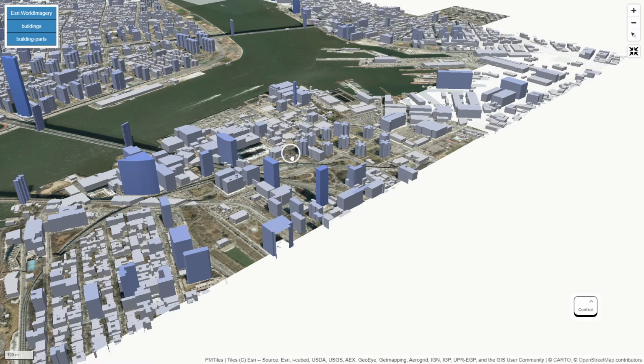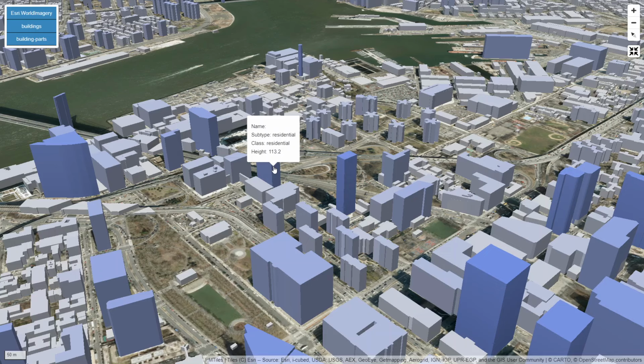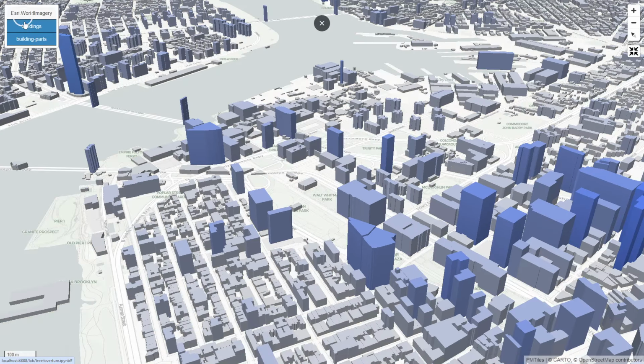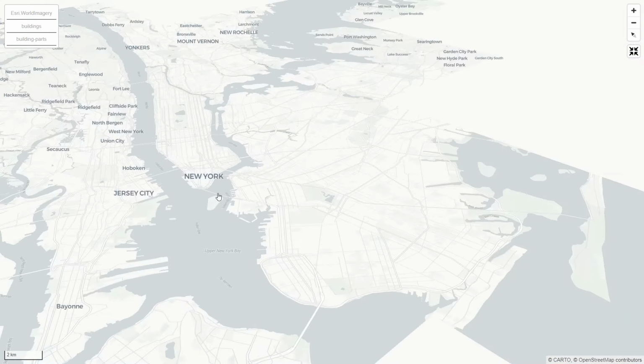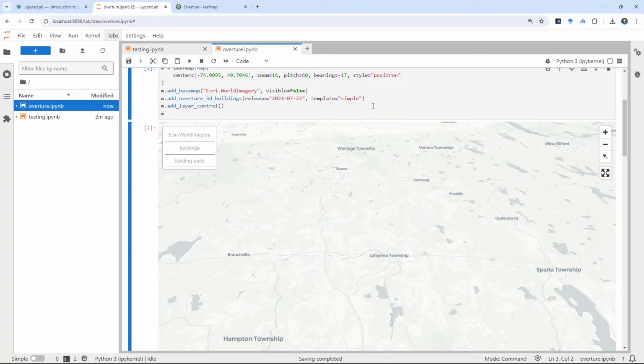You can go try to look at the building that you're living in. Look at your hometown, see if there's any building in there. And these are all free open access data. You don't need to pay anything. So it can help you visualize data very, very easily and quickly. And you can go anywhere. You can also change the base map. Again, we cover later this semester. But now I'm showing you,